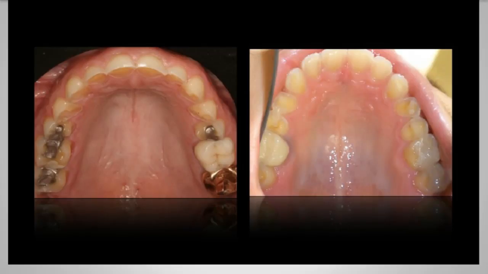When we think of acid erosion, we must first look at intrinsic acids. So acids coming up from our gastric system. When we see patients with intrinsic acid issues that ultimately lead to wear, we have to think about how we diagnose these patients. And how do we determine if a patient may have bulimia, if a patient may have gastric reflux, or if there's something else entirely? On the left-hand portion of the screen, this patient